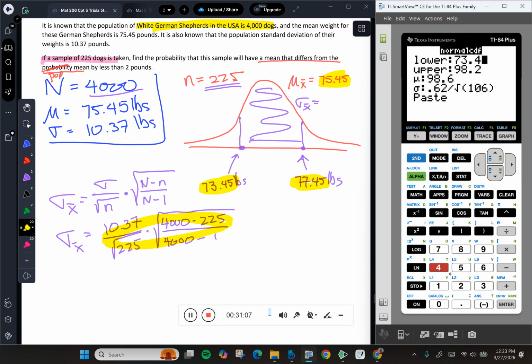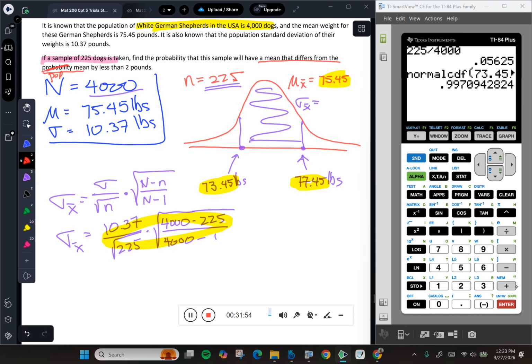Lower limit is 73.45, upper limit is 77.45, our mean is 75.45, and our standard deviation is going to be that whole mess right there: 10.37 divided by the square root of 225, times another fraction, which is the square root of (4,000 minus 225) divided by 3,999. And I paste that all back in, and it's terrible, but I get